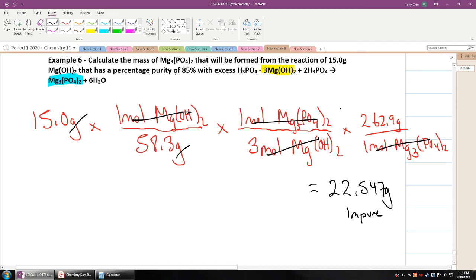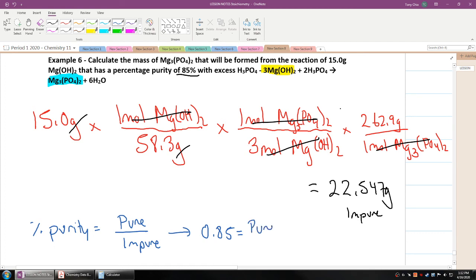But if it only has 85% purity, what is the actual mass of magnesium phosphate I will produce? Well, percentage purity is equal to pure over impure, which means that 0.85 is equal to, in this case, pure over